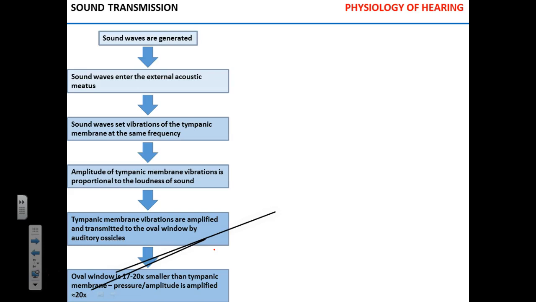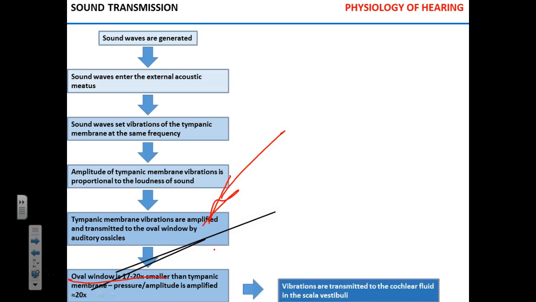So all that energy of vibrations from the tympanic membrane will be transmitted to the much smaller oval window, which means amplitude will be increased about 20 times. So the difference in surface area between tympanic membrane and oval window contributes to the amplification of the sound. Okay? So vibrations through the oval window are transmitted to the cochlear fluid in the scala vestibuli,